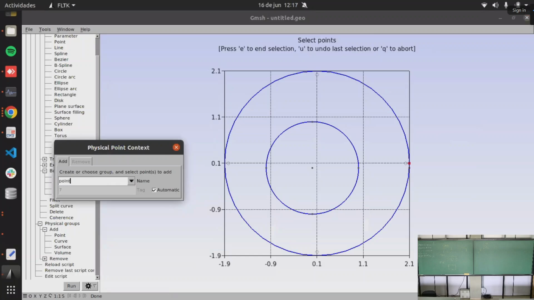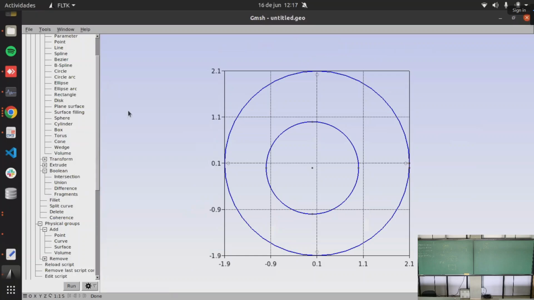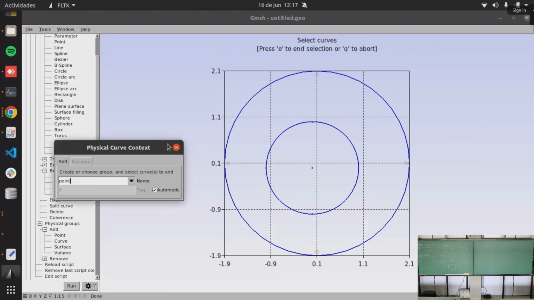The point that I want to add, I have to mark this point with a physical point group. Point, and the exterior curve, exterior,